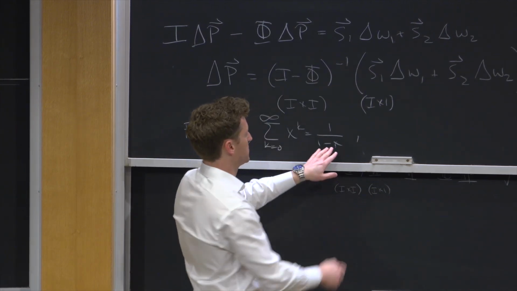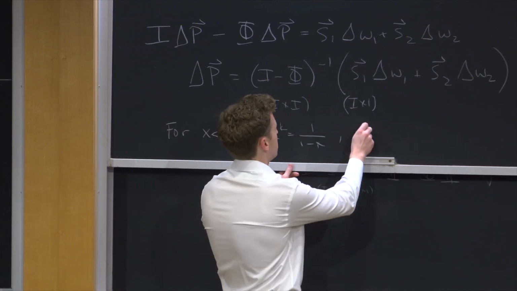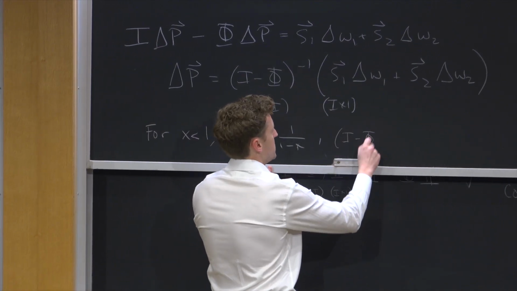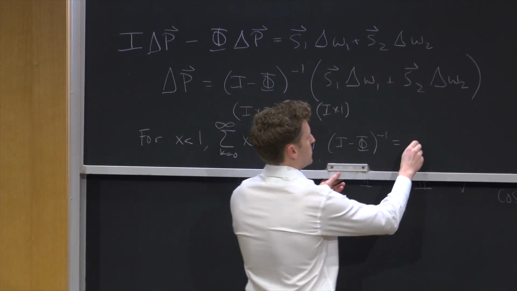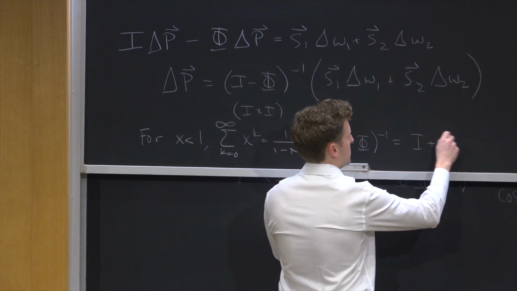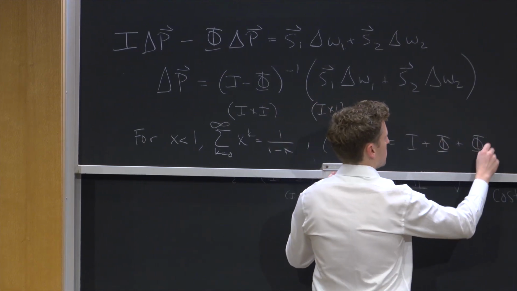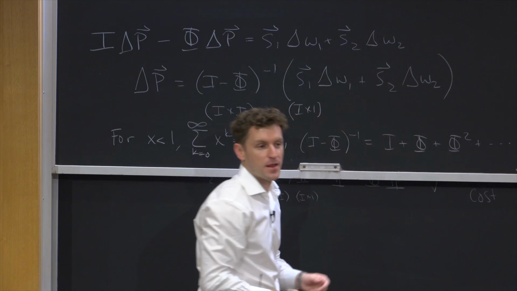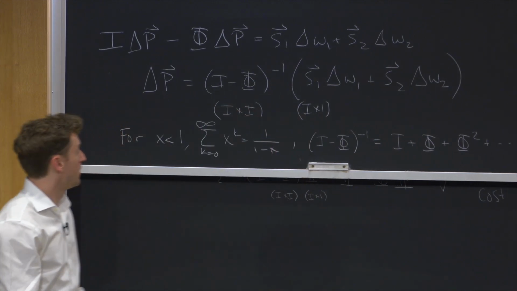So now we're starting on the right-hand side, kind of moving left. I minus phi inverse equals I plus phi plus phi squared, and so on and so forth. Okay, so